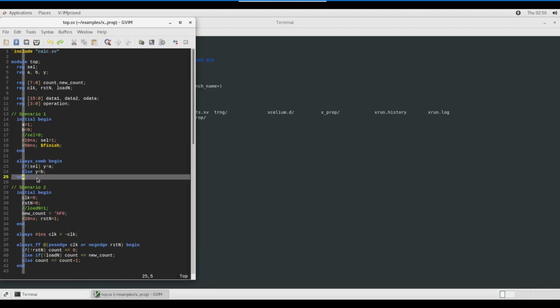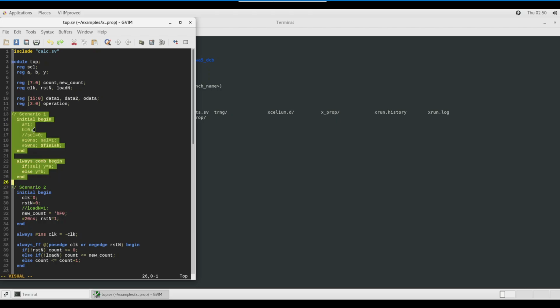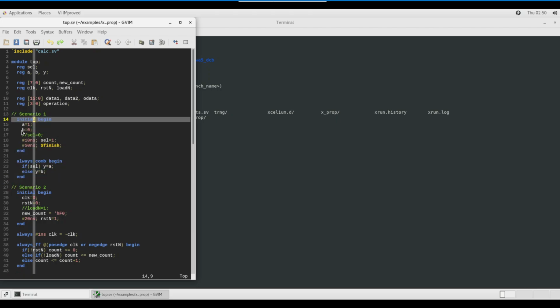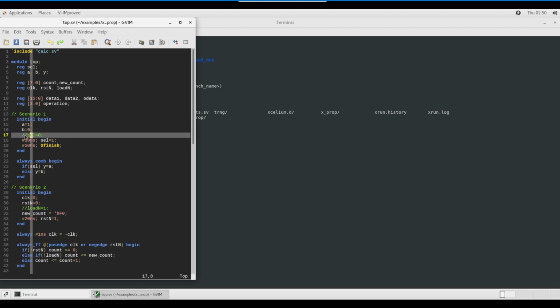Hello everyone. Let us try to understand today the default value of the uninitialized variables. So here's the example of the top module in which we have this scenario 1. This is the scenario 1 in which we have a, b, these two variables initialized, but select is not initialized. So by default, if we do not give anything, if we do not initialize, the default value will be taken